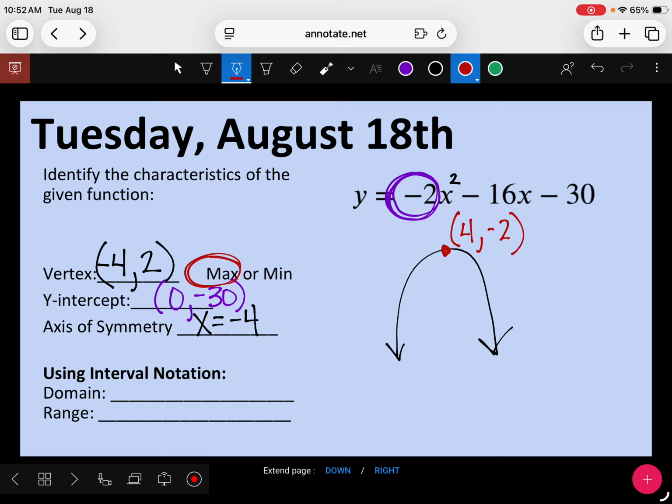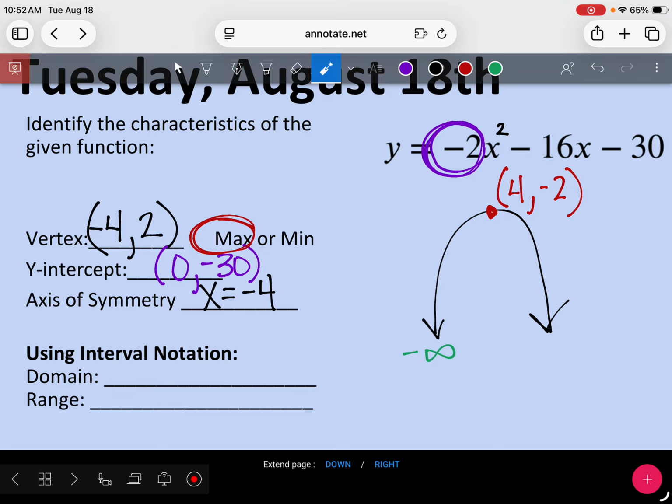Okay, so because this is a frown, when you look at your arrows, you see we have arrows pointing down. If arrows are pointing down, that means it's going towards negative infinity. So my lowest y value is negative infinity. Okay, so my range,